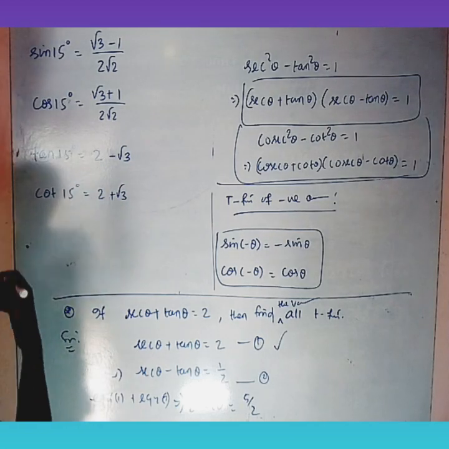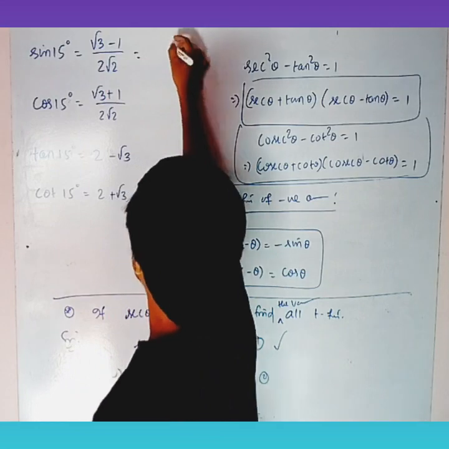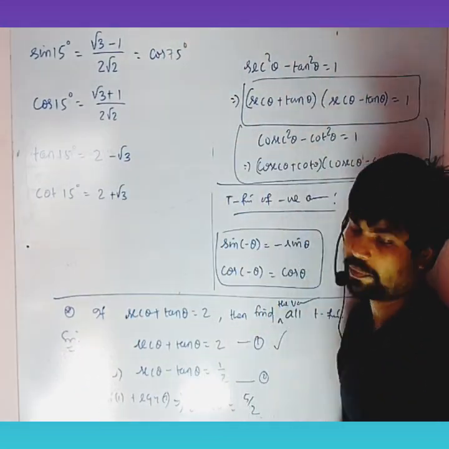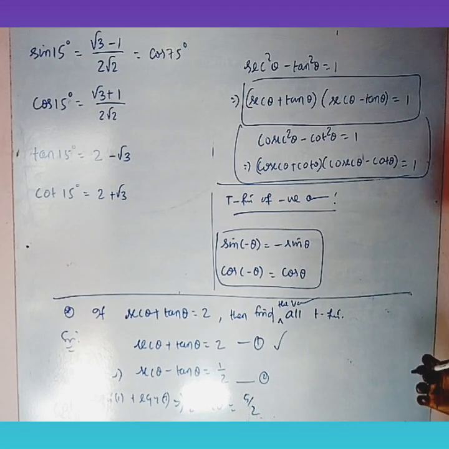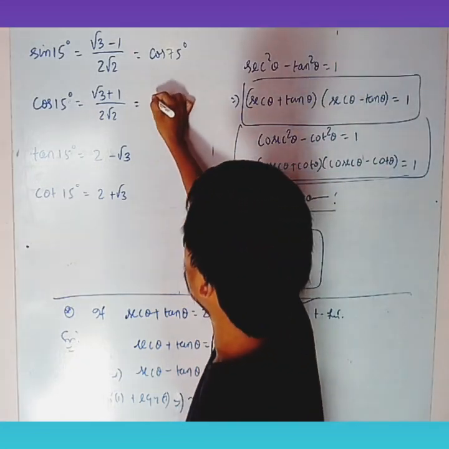If sine 15 degree is given, we can immediately find this is same as cos 75 degree, because we can write 15 degree as 90 minus 75 degree, that is sine of 90 minus 75, that is cos 75 degree. Similarly, it is same as sine